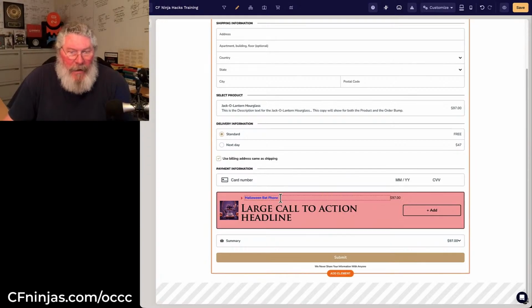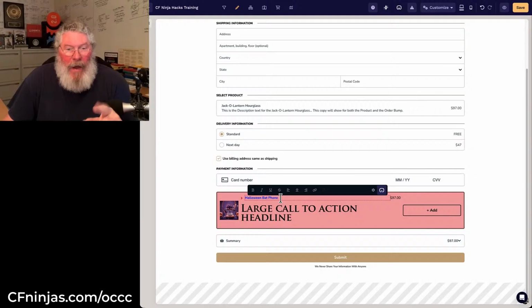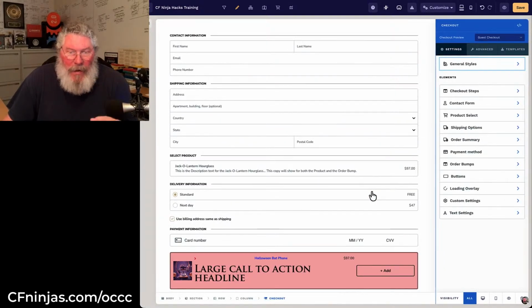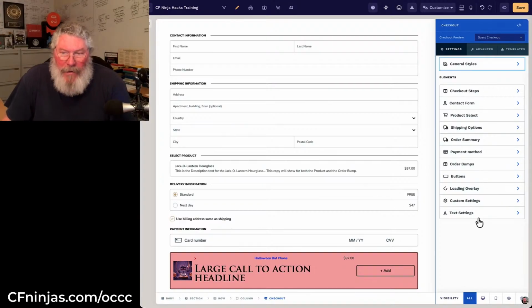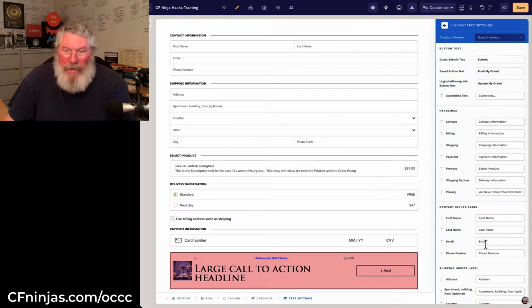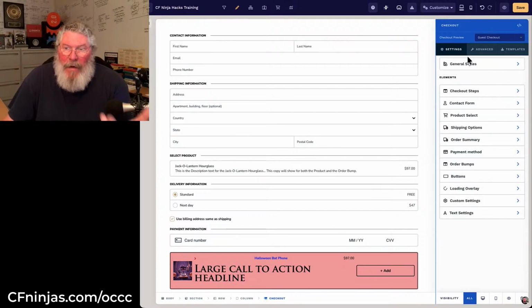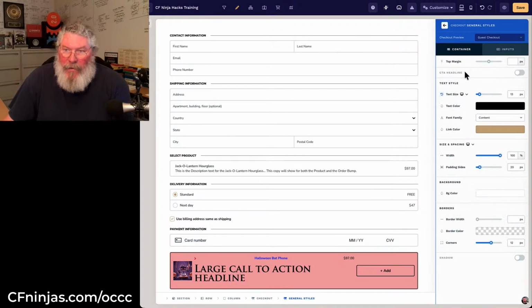but we're still not able to change this text up here, except you will find that if you click on it, you can change it a little bit, in that we can center justify it if you wanted to. I don't know why you would, but if you did, you'd probably want to get rid of that little carrot over here on the left-hand side. And let's see what else we can do. So we click on that gear, it brings us here. So it does not allow us, we come into text settings, these are all just words in here. So let's just go here to the general styles just for one second,